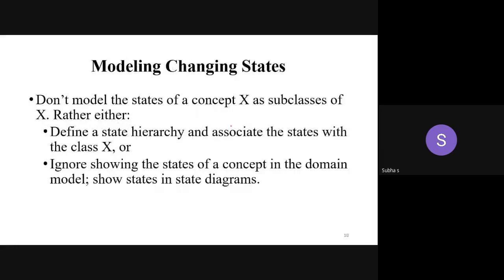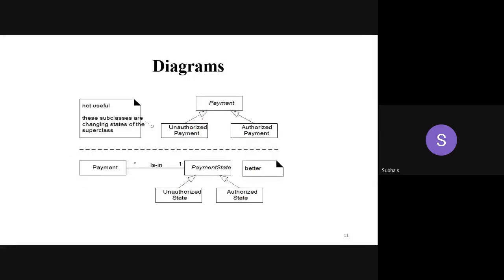So now what you have to do? It depends on the particular scenario. If I am not giving a correct username and password, then it will be treated as unauthorized. These are the changing states of which class? Of the superclass. For payment, I have to enter the payment gateway properly through the authorized code.